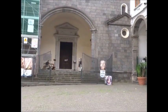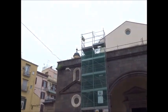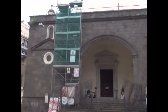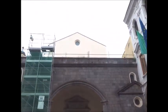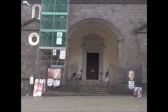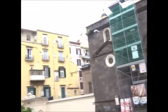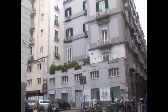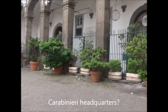That's the outside there of the church. There's a dome up there, which I could just see the top of from my apartment. But you know, you wouldn't know there's an impressive church inside. Don't know what that building is there. Looks